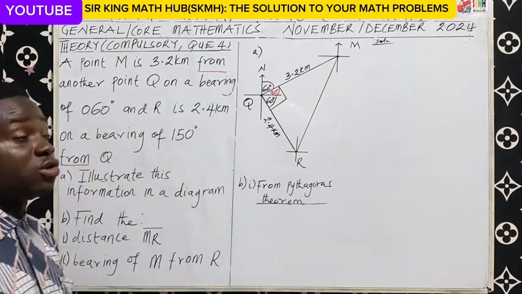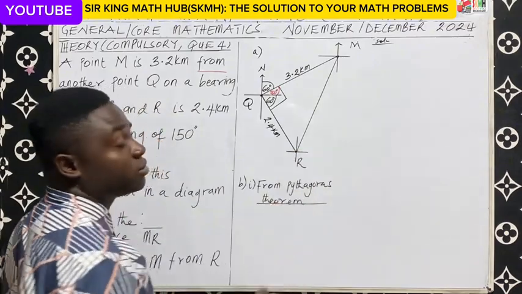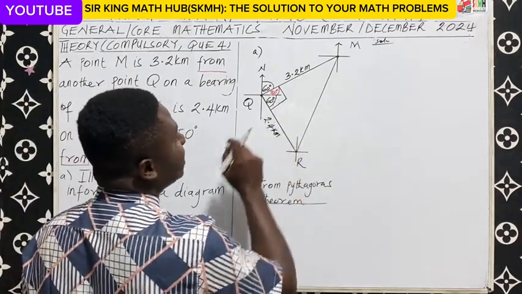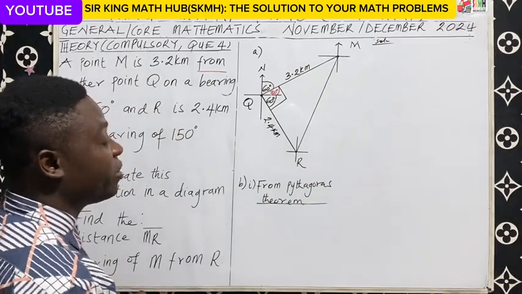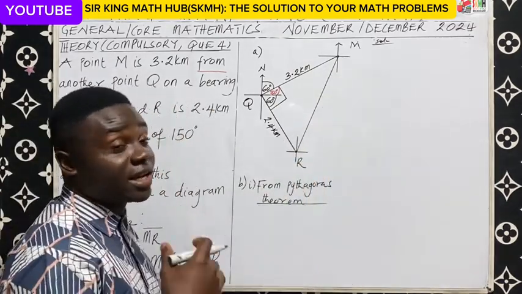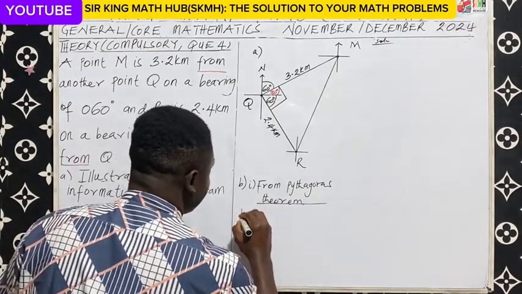So we know that from the theorem, this is the longest side, which is the hypotenuse. Why is it the longest side? Because this side here faces the 90 degrees angle. So from Pythagoras theorem, the square of the longest side, in this case, the square of line